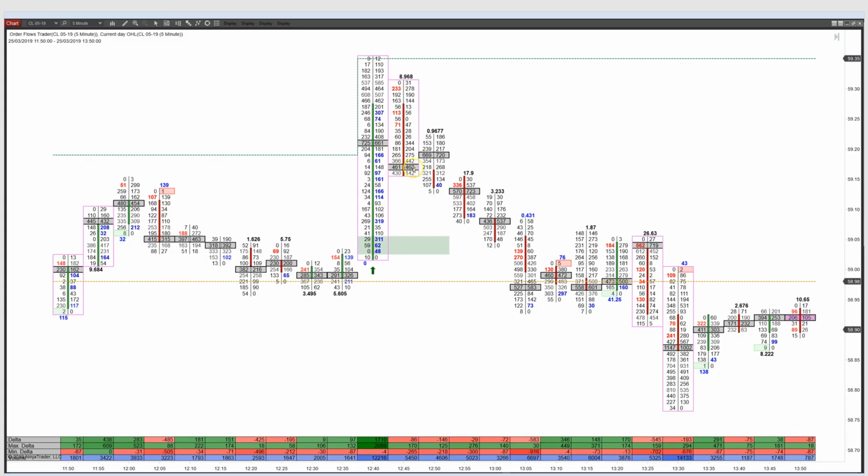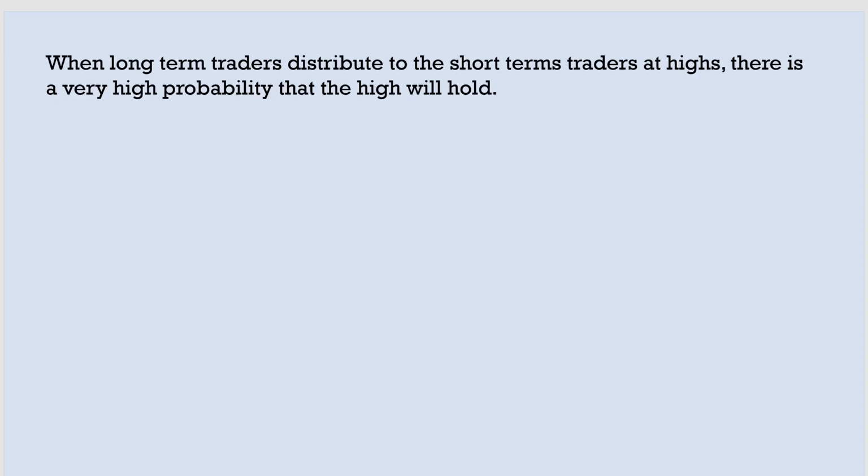The big up bar, people are starting to distribute in here, imbalances. They're holding it down. This is a chart I showed you earlier, actually. A lot of the charts look alike, because you see the same thing all the time in the markets. It's not like an aberration where it happens once in a while. You could look at these charts day in, day out, and you see the same things happening day in and day out. So when long-term traders distribute to short-term traders at highs, there's a very high probability the